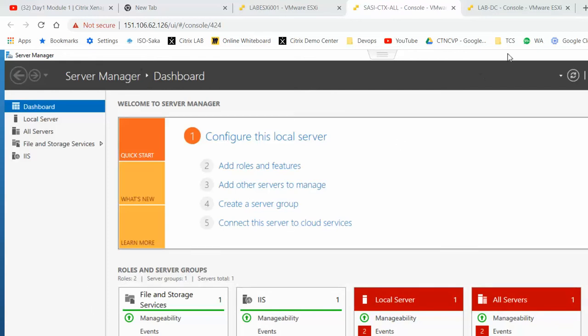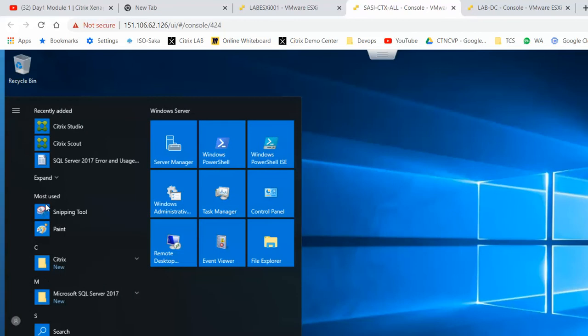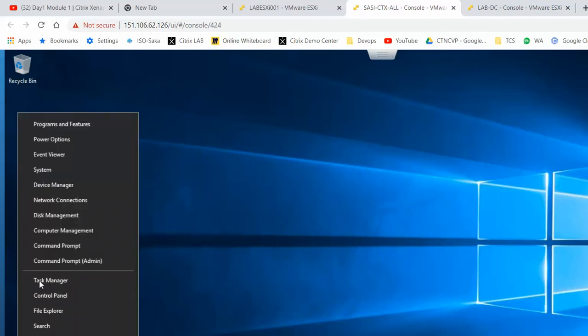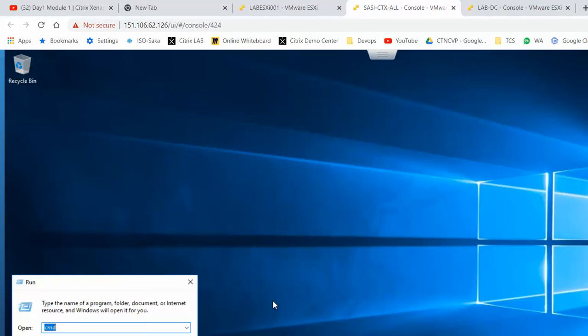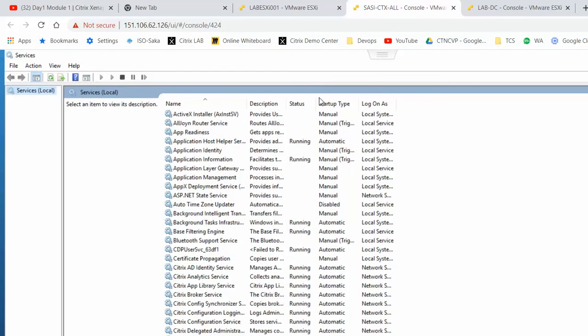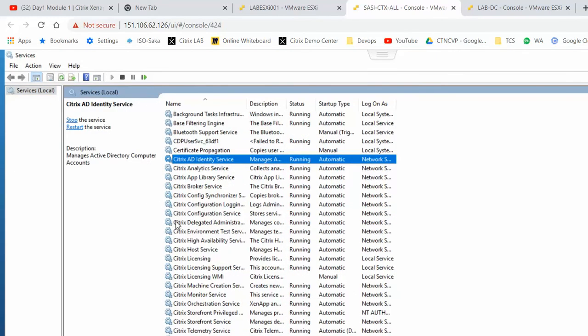So the server is successfully booted. Now I'm closing the server manager console. Every time you log in, the server manager console opens. Yesterday in class, I successfully created the Citrix site, the Virtual Apps and Desktops site. But before you open Studio, the first time you connect to the machine, you have to check services.msc and see whether all the Citrix services are running or not. Please check that. See here, all the Citrix services are running except the WMA service.